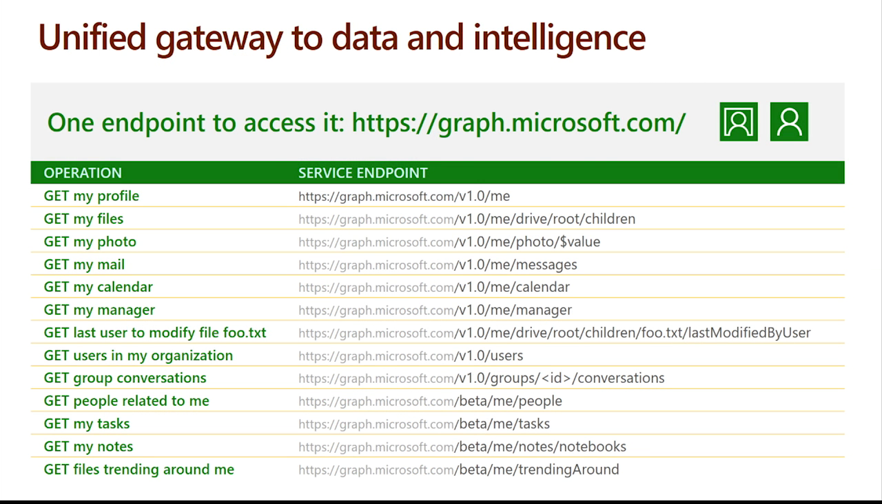OK, so Graph itself is a REST-based endpoint, and it follows a lot of the conventions of OData. So things, for example, like doing queries or traversing down through resources. If you've ever worked with an OData API, and a lot of Microsoft APIs are OData based, it should feel very familiar. And so doing things like getting a user or getting a photo is all available through